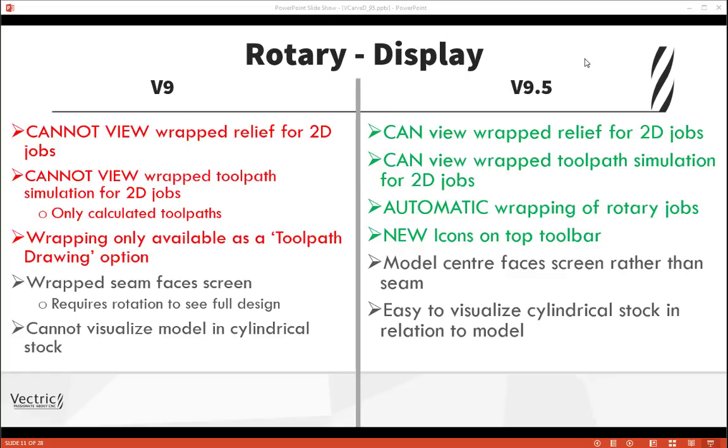As well as the new dedicated Rotary workflow, there's been huge improvements to the way Rotary items are displayed within the software. Previously, with the gadget-based functionality, you could not view the wrap relief for 2D jobs. You couldn't visualize the wrap toolpath simulation for 2D jobs, only the toolpath itself. Rather than it being a top toolbar icon for switching Rotary on and off, it was actually done through a